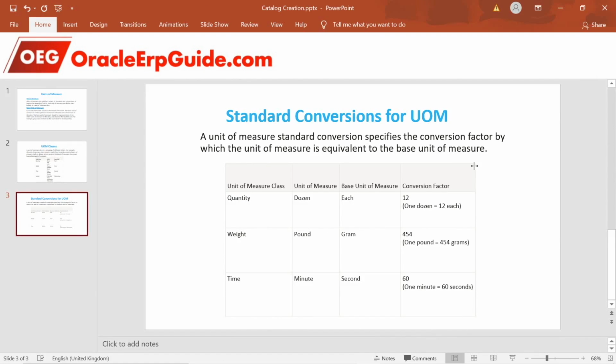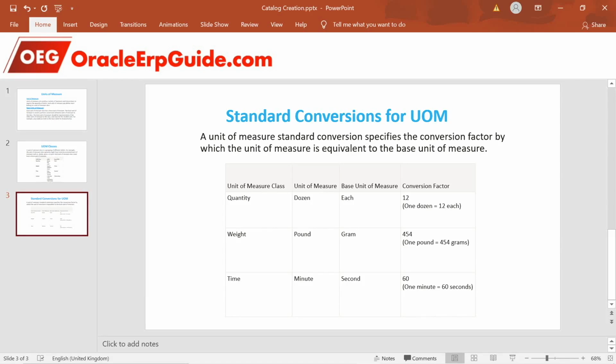So as we already discussed, we have unit of measure, we have unit of measure classes, but how do we define the smallest unit of measure within the class. So here we have unit of measure class as quantity, but we want to have measurement for dozen. So class is quantity, but we want to see how many quantity is a dozen.